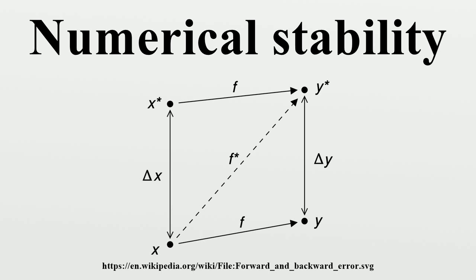The forward and backward error are related by the condition number. The forward error is at most as big in magnitude as the condition number multiplied by the magnitude of the backward error. In many cases, it is more natural to consider the relative error instead of the absolute error delta x. The algorithm is said to be backward stable if the backward error is small for all inputs x.